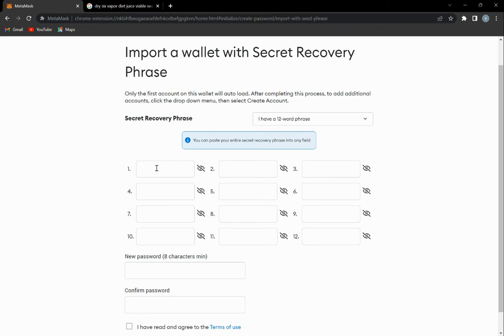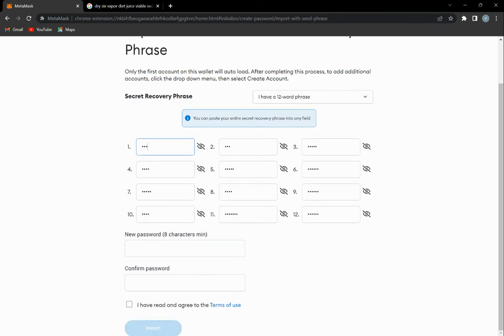If you remember, you have 12 phrases to input in this column here. I'm going to just paste my own. Then this is correct. Then you will need to make